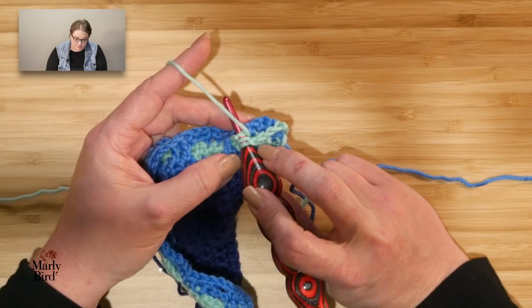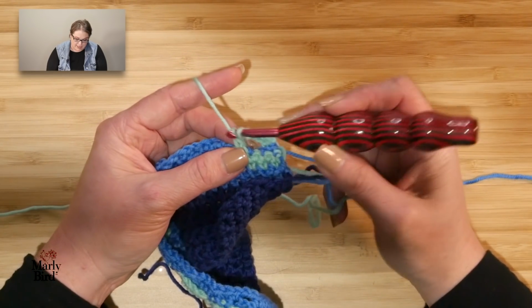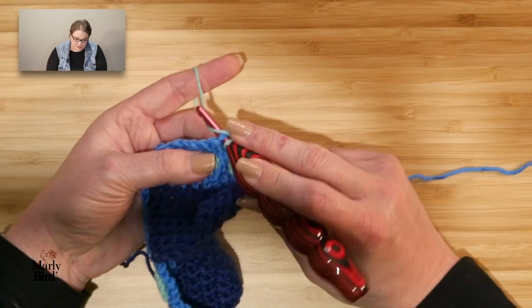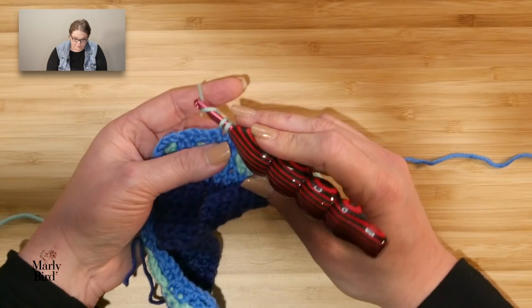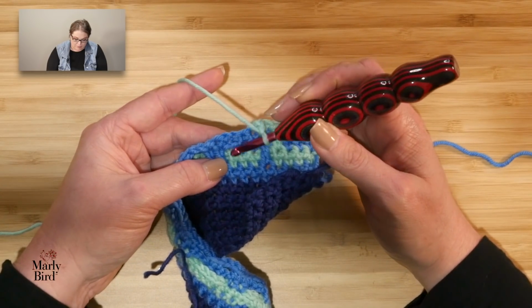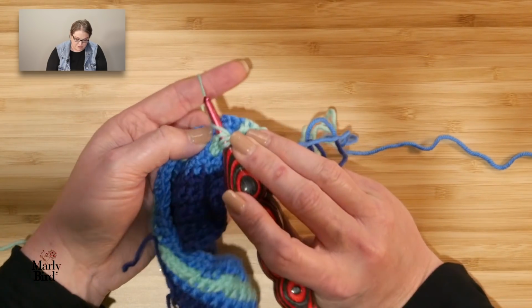I want to make sure I put my double crochet down there. Again, I am not working around those chains, I'm working in front of them. Okay, so I did my double. I will single crochet in the next 2, chain 2, skip a stitch. I will double crochet in front of those chains into that single crochet 2 rows below,